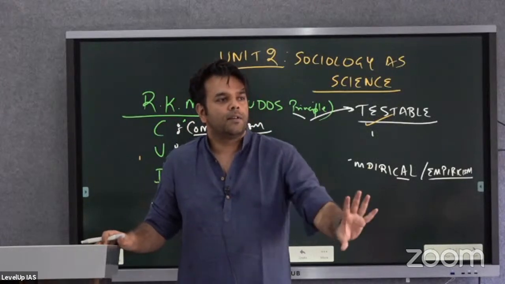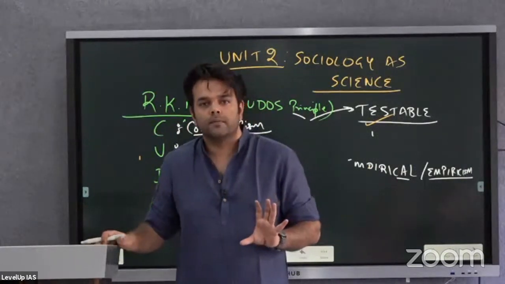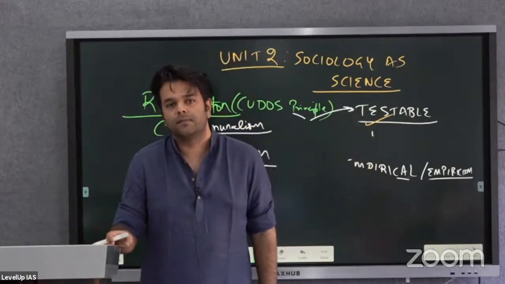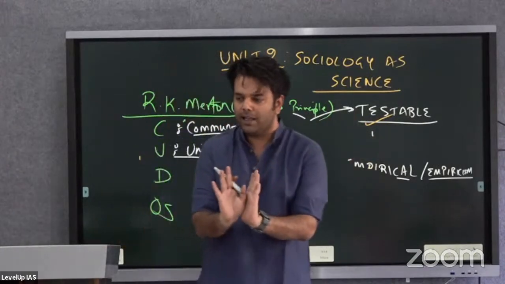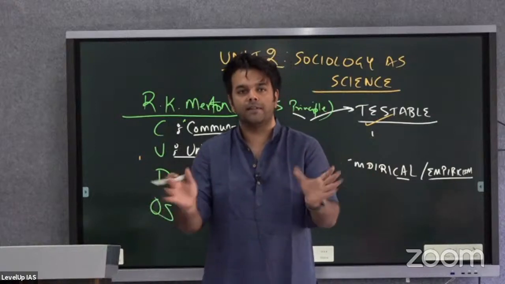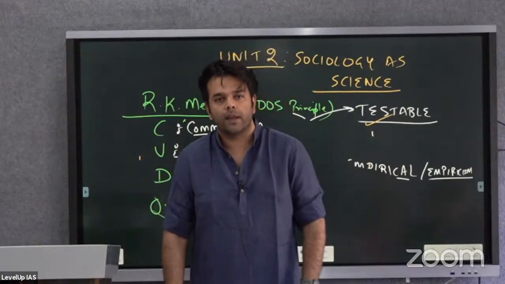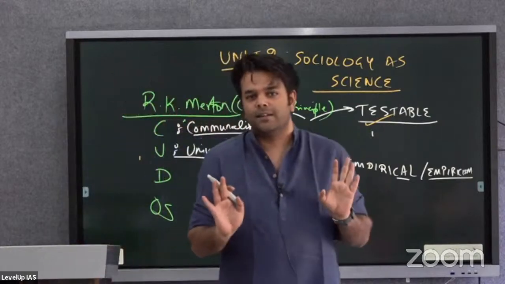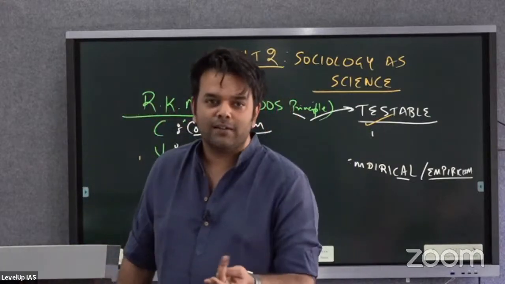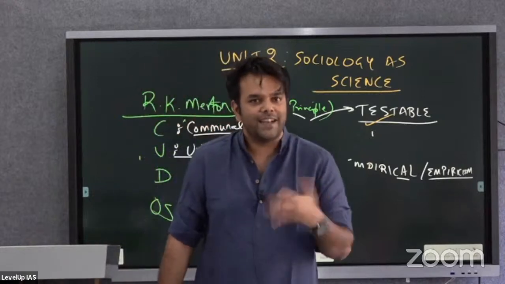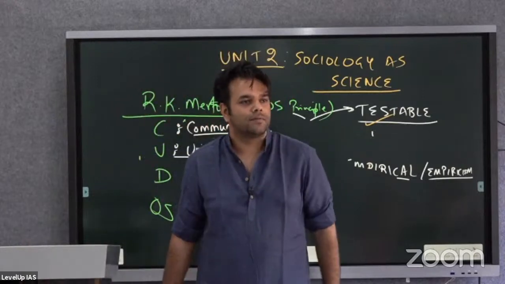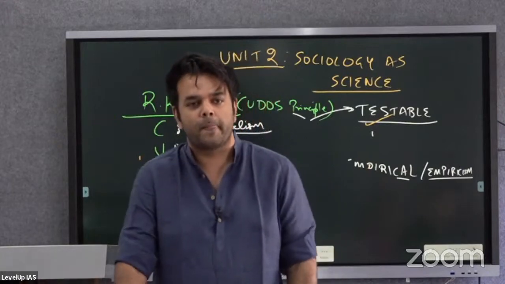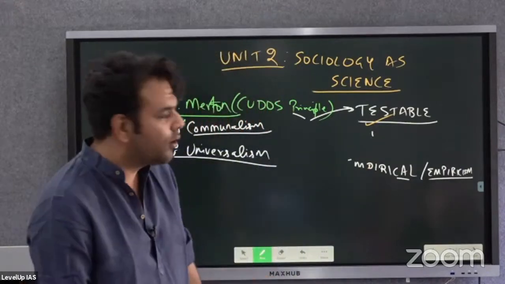The world is meritocratic. No more ascriptive status. It would be achieved status. Universalism. Everyone would be given equal opportunity and equal treatment. This is the modern society. Okay. And Robert Merton is saying every scientist, irrespective of his color, caste, gender, can be a scientist. Anyone can be a scientist irrespective of these social locations. Universalism. Okay. Next,